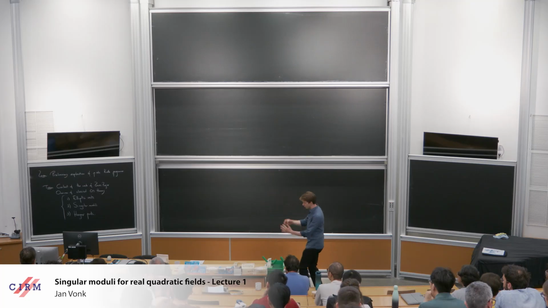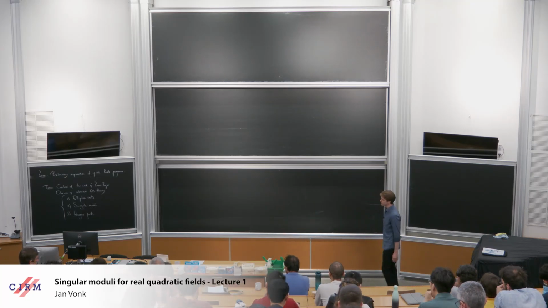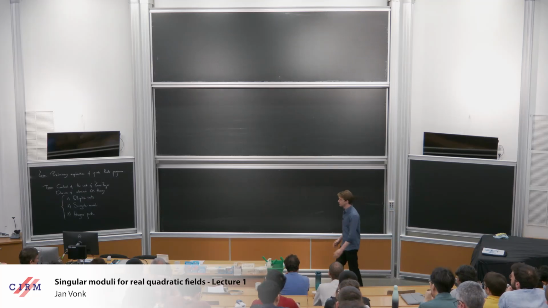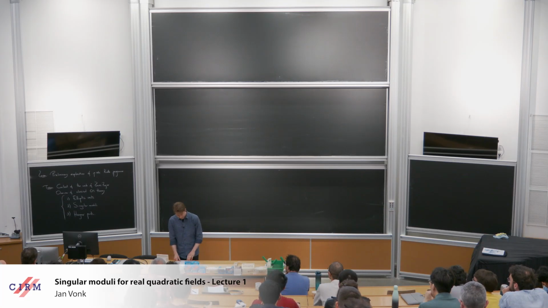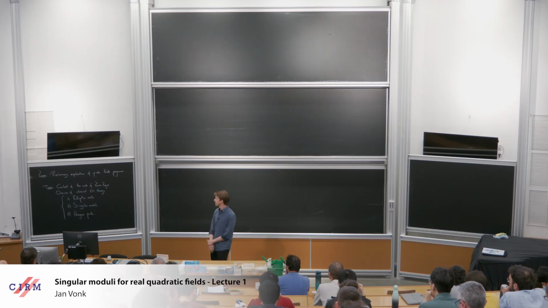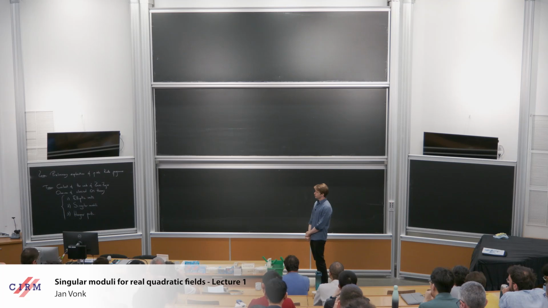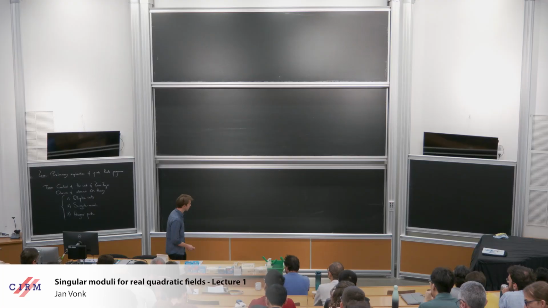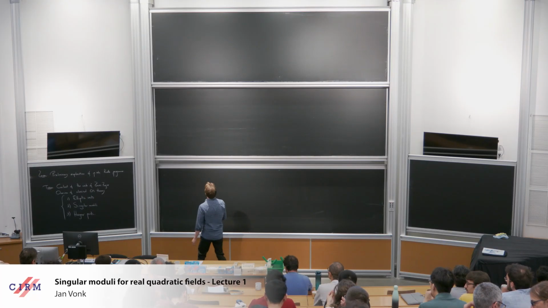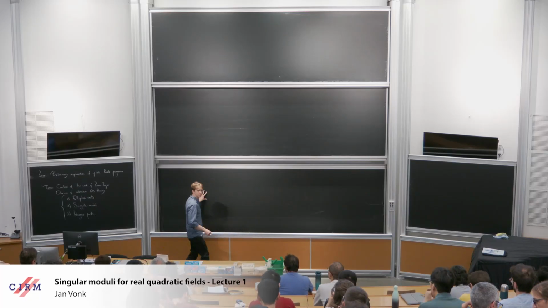Today will be quite relaxed. I think what I would like to do is sketch the context of the work of Gross and Zagier. So I'll spend a bit of time first talking about the classical, the Archimedean work of Gross and Zagier. And in order to do that, I would like to tell you a little bit about what was going on at that time. And so I'd like to start really with quantities that were studied by the classical German school, notably people like Kronecker. And so the starting point for today's lecture,